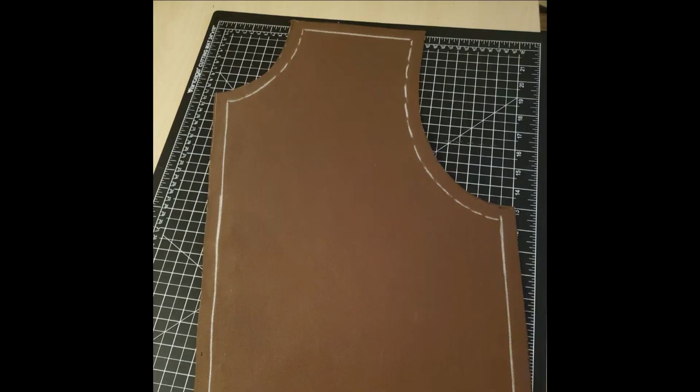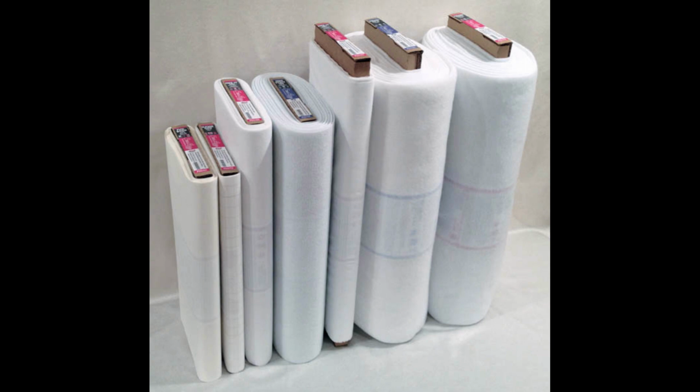I would recommend that you make a test run, so I used some denim fabric to make a shell, and then once I got those sizes corrected, I went ahead and used some duck cloth. Again, that's a very thick canvas for my outer shell, and I also transferred that same pattern over to some interfacing, which will give it a little bit of bulk. Also, when I add my stitching for quilting, it'll just look a little thicker, like a little more padding,